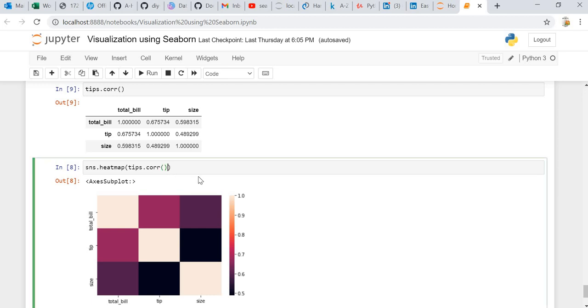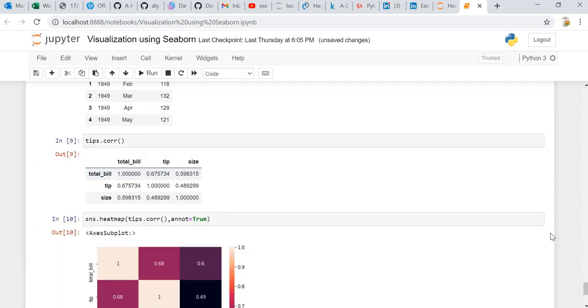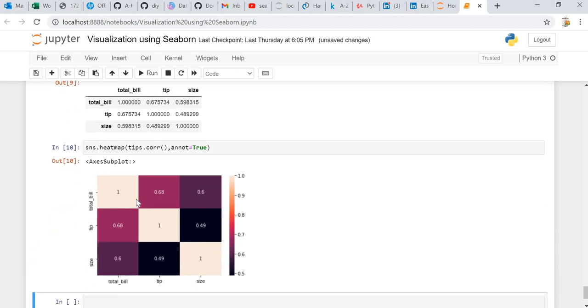To do that, we have to do one thing: annot equal to True. Once we do that, we can see the graphical representation of the correlation, and wherever the digits are also present: 1, 1, 1, 0.68, 0.6, 0.6, 0.49.